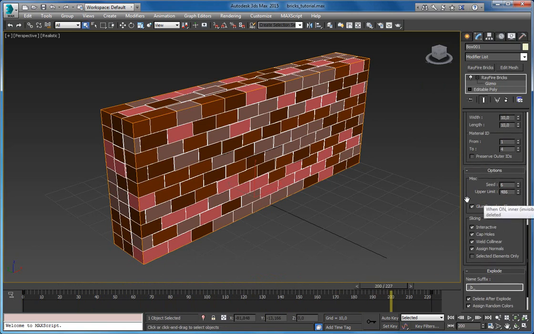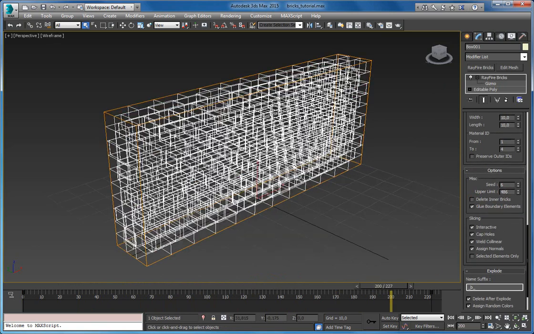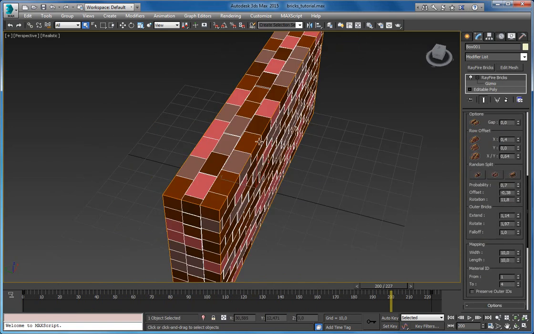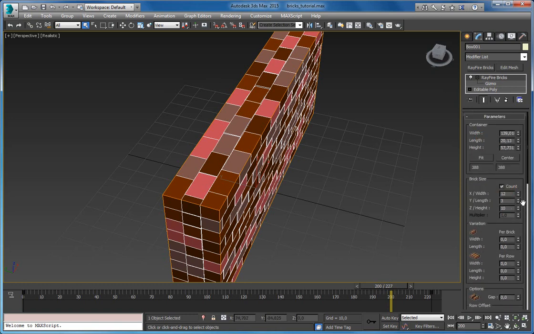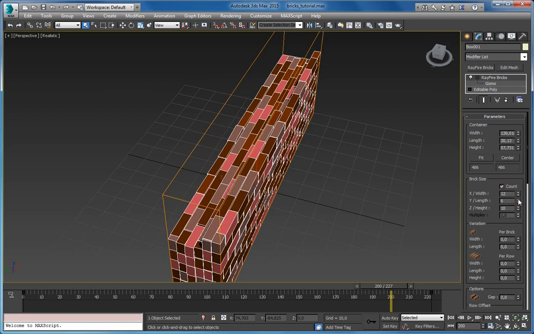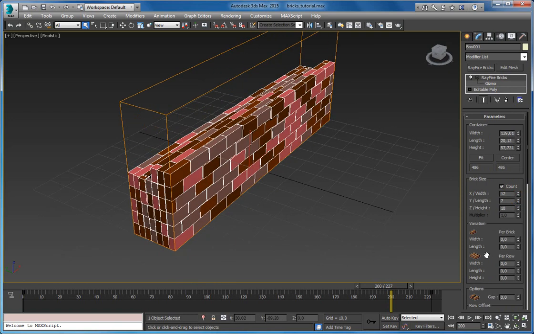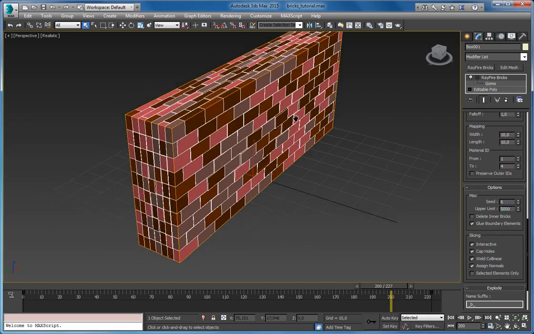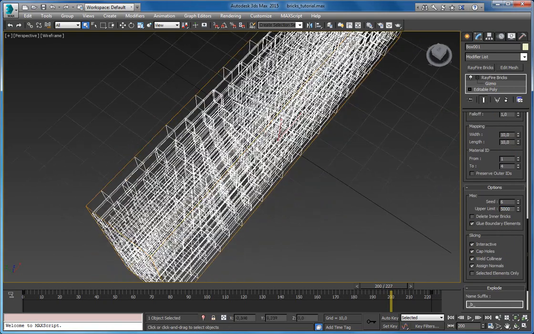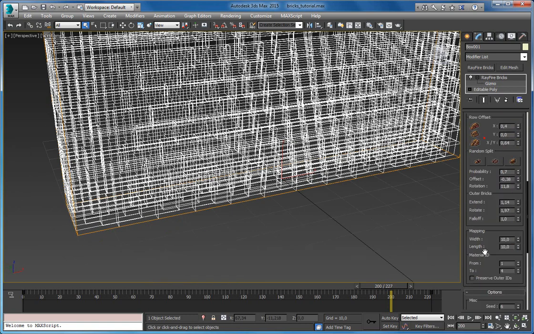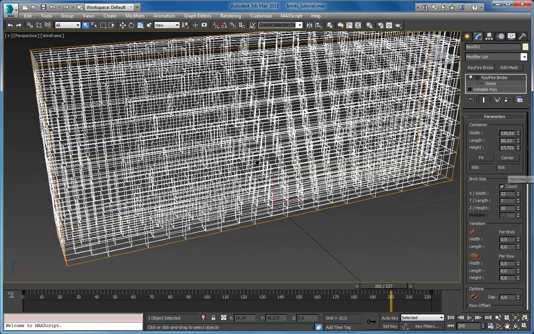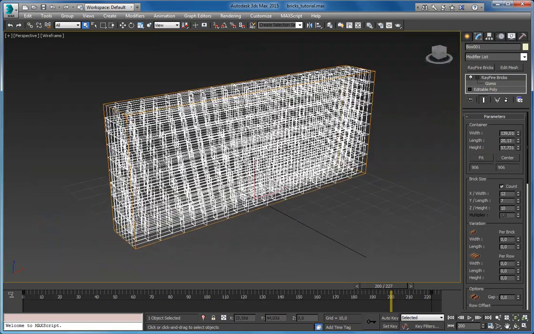Next property is delete inner bricks, and in some cases when you have a lot of bricks, like right now I have only one layer of inner bricks inside behind these bricks. I can increase, say 5, and let me set it back to 5000. So right now there are a lot of fragments, a lot of bricks inside. You can see there are like right now 906 bricks,